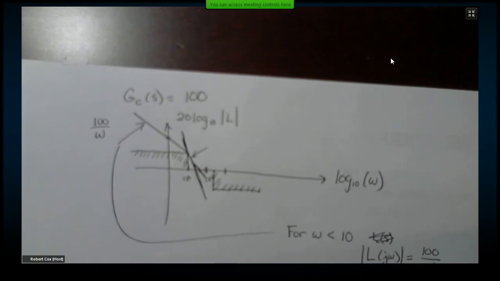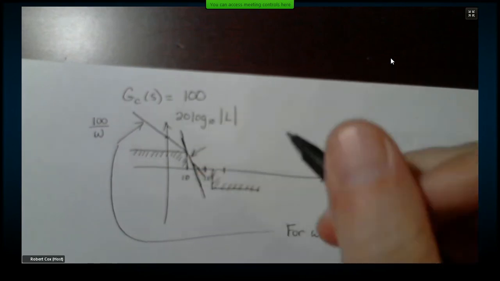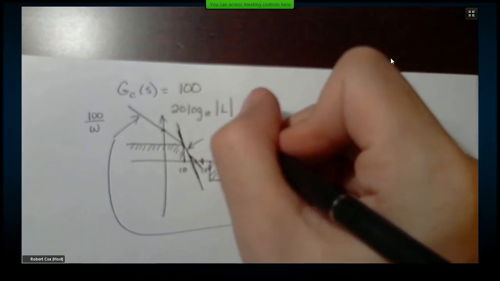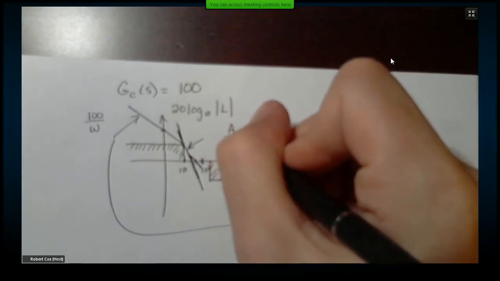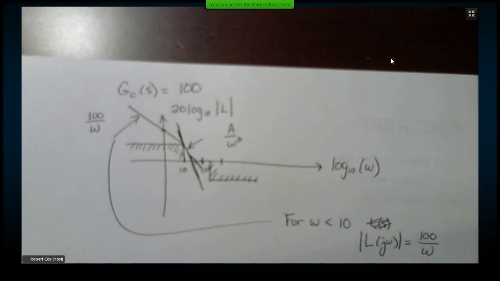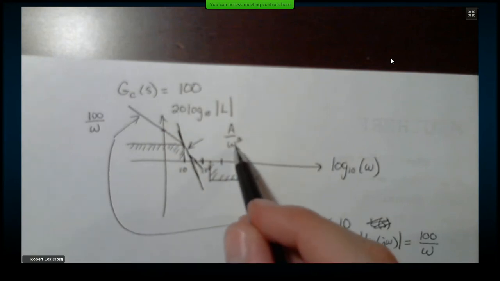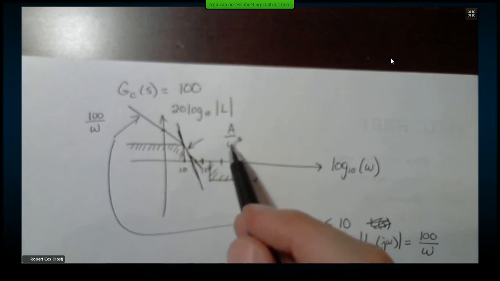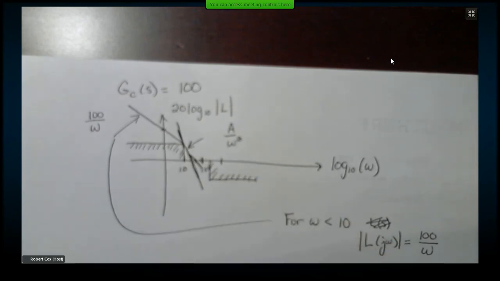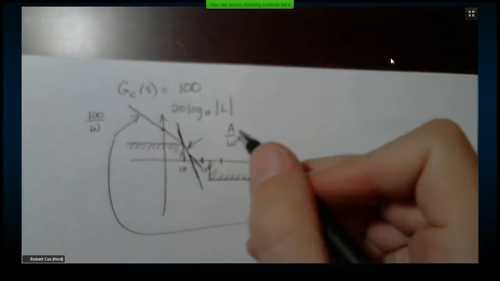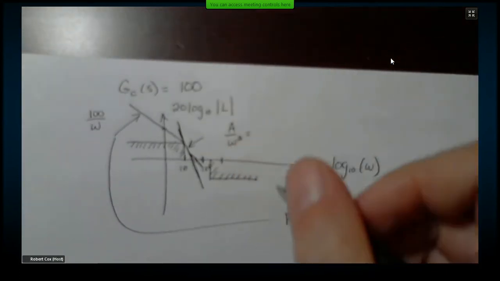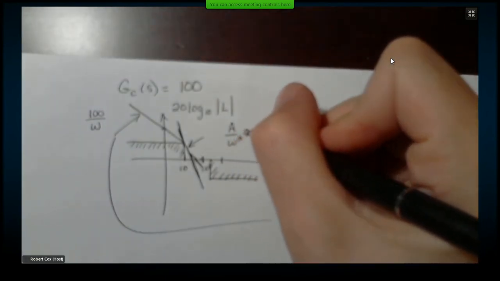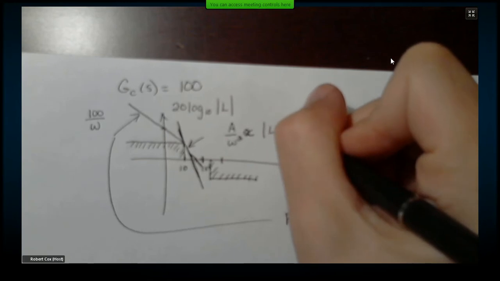Okay. So what I can say is that in this region, right, this guy is going to be falling at A over omega squared. Right? He's falling like he's under the influence of two poles. Okay? And I have A over omega squared. Now I can figure out what A is because I know that, so in other words, I'm saying this is how I'm approximating the magnitude of L of j omega